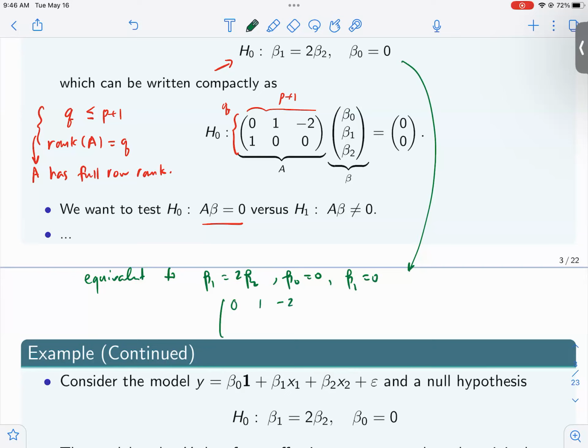equations. I can write it as 1, 0, 0, and then 0, 0, 1, right? Beta 0, beta 1, beta 2. And then you might imagine, oh, I have three constraints here. I can also reorder things. So for example, I can switch these two rows. It just switches the order of the constraints. It doesn't matter. So first you can see that A is not unique in many different ways, but this we